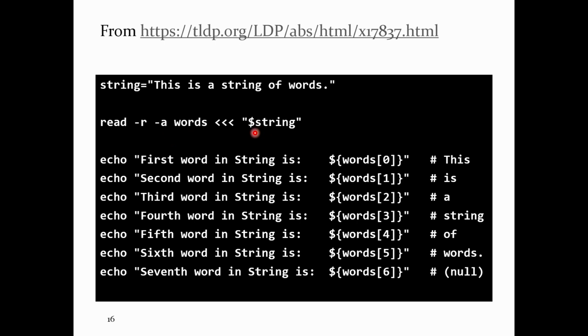Again, it's going to read into an array. So take the contents of string, which is a string of words with a bunch of white space in it. Take that, feed it into standard input of read. Read's going to take whatever you feed into it and split it into an array. So the first word is going to be stored in word 0, and that's going to be "this". The second one will be in words 1, and it'll be "is", then "a", "string", "of", "words". There's nothing at the end, so the last thing in the array is going to be null or empty,